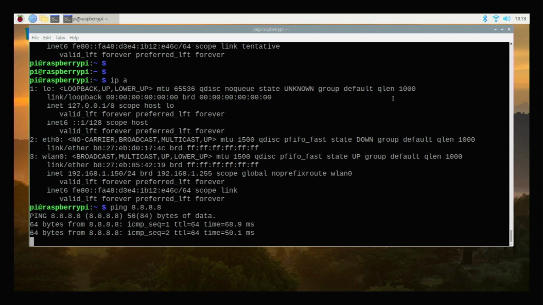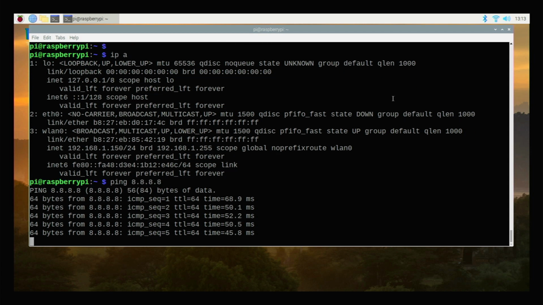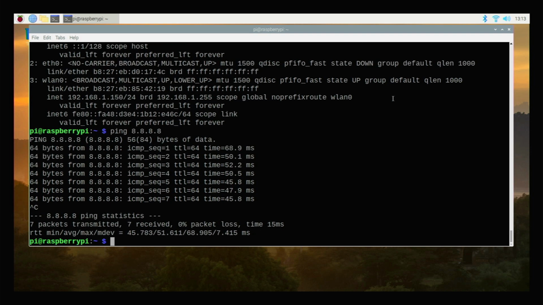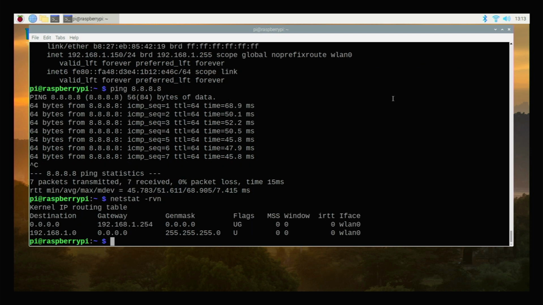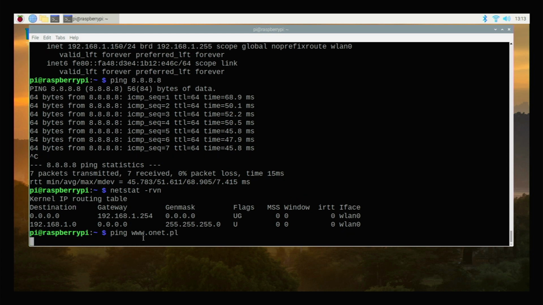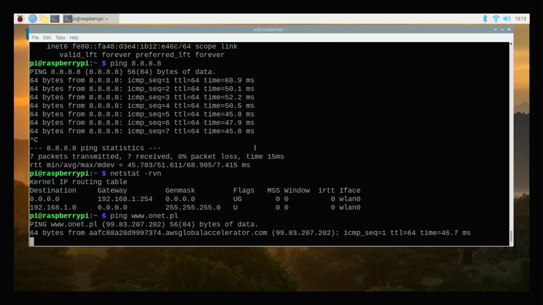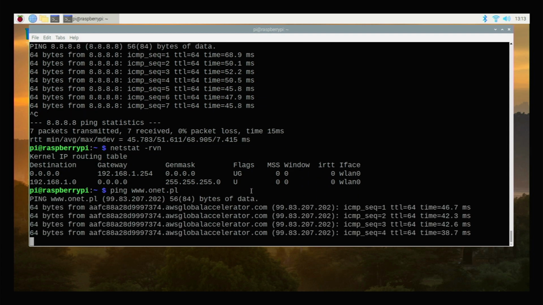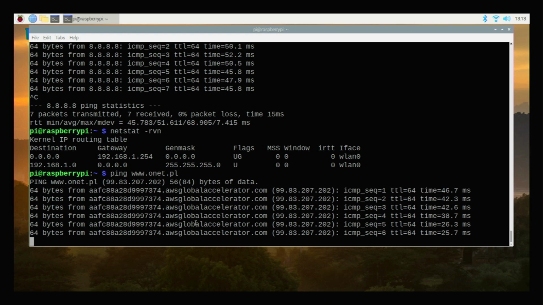and now it works. Okay, so if you want to see if the default route is applied, there's also a command named netstat -rn. In my case, this is the one, but in your case, it may be .1 or something. You need to check on your router, on your local network, what the correct IPs are. Let's also check if the DNS is working by opening some page. Yeah, it's also working, so I think that will be all for this.